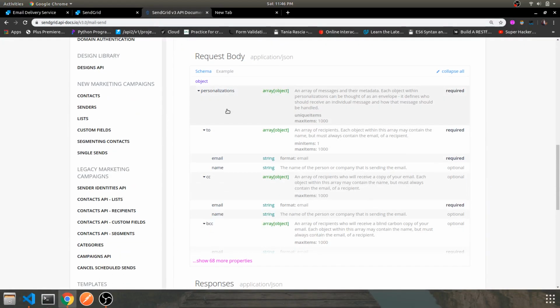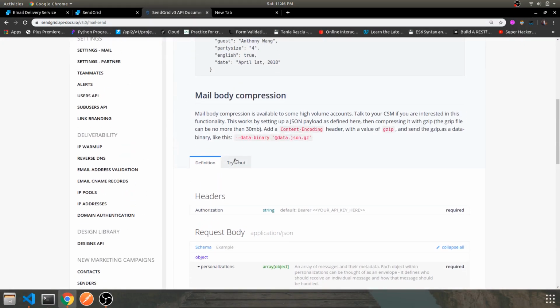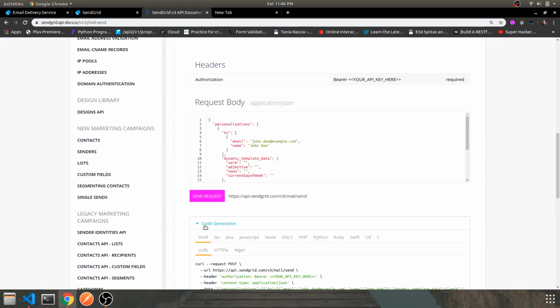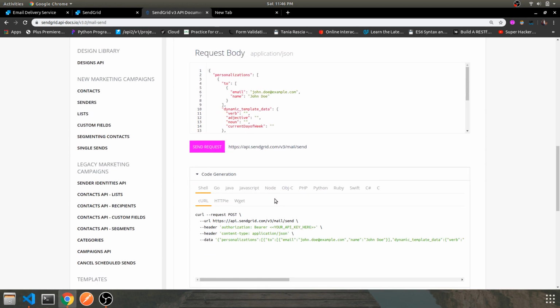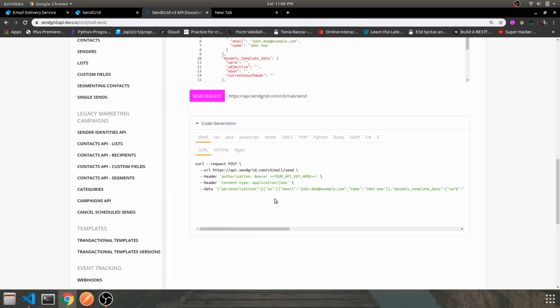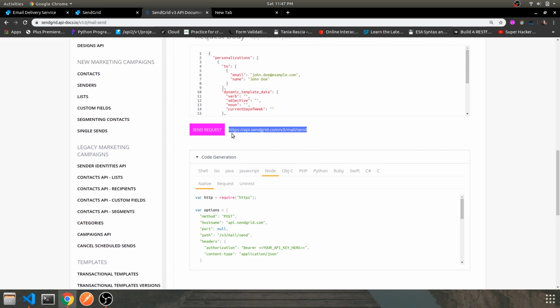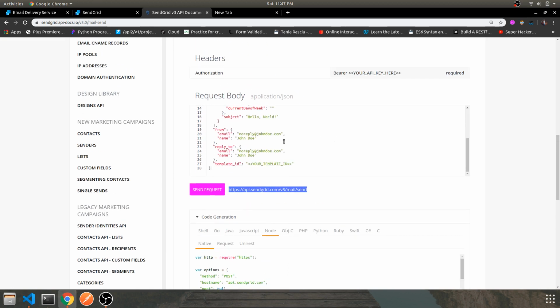As you can see over here, you can try it out from here itself. This is their trial, playground kind of a section, where you can use the given code based on your language with their API endpoint. This is the endpoint from where you're going to send your emails. It is a post request, and this is the body which we are going to use for sending emails. This is basically the entire body, and